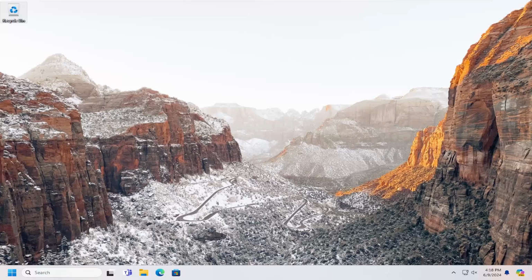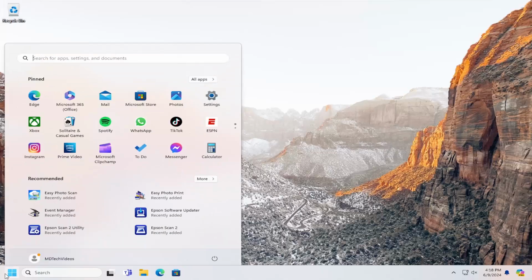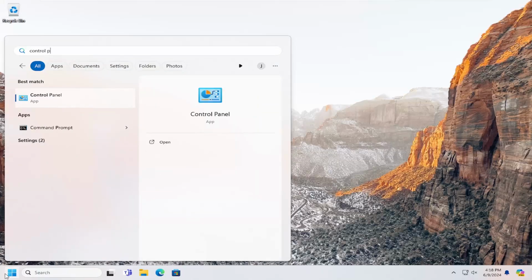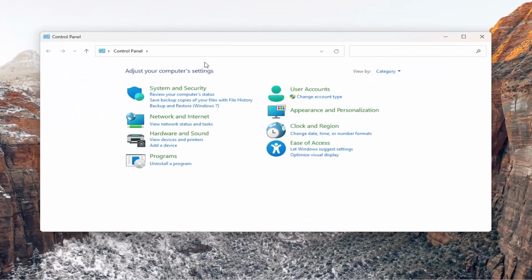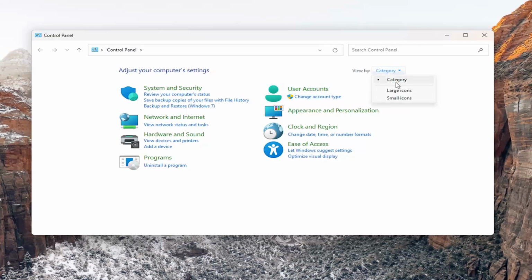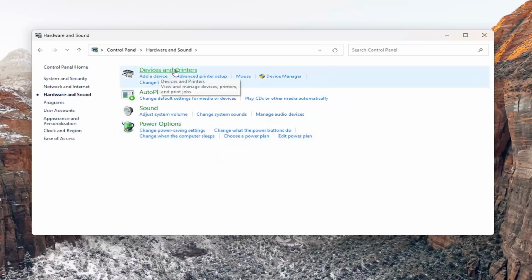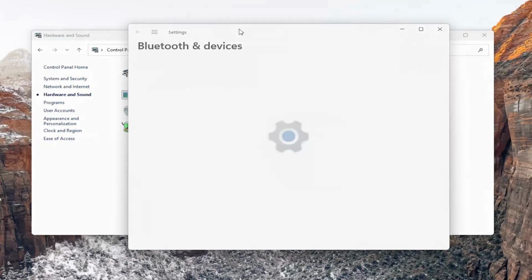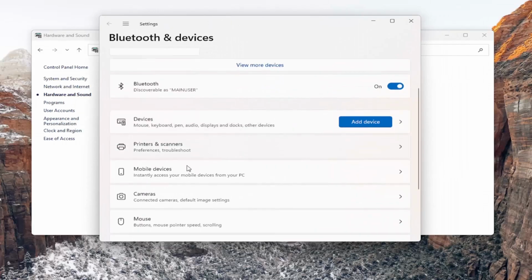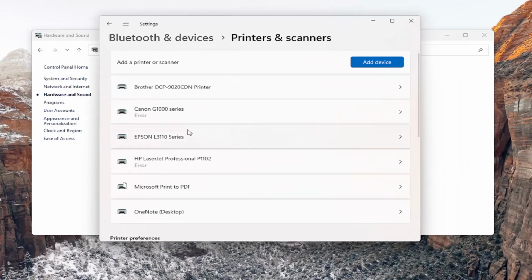So all you have to do is open up the search menu, type in Control Panel. Best result should come back with Control Panel. Go ahead and open that up. And now you want to set your view by in the top right to Category View, and then select the Hardware and Sound entry. Select Devices and Printers, and now select the Printers and Scanners option in here, and select